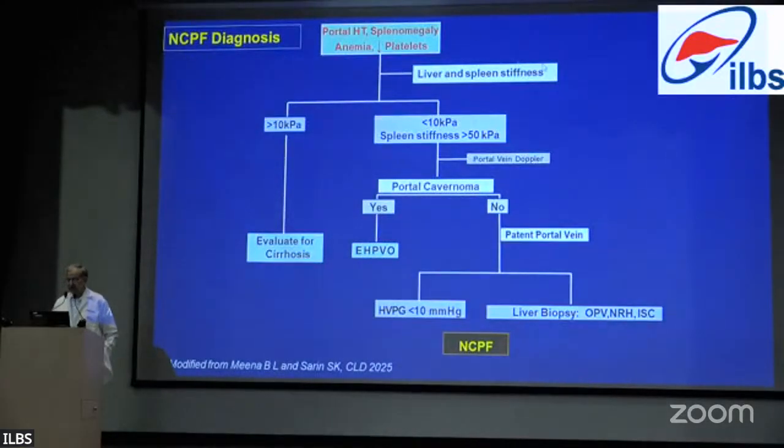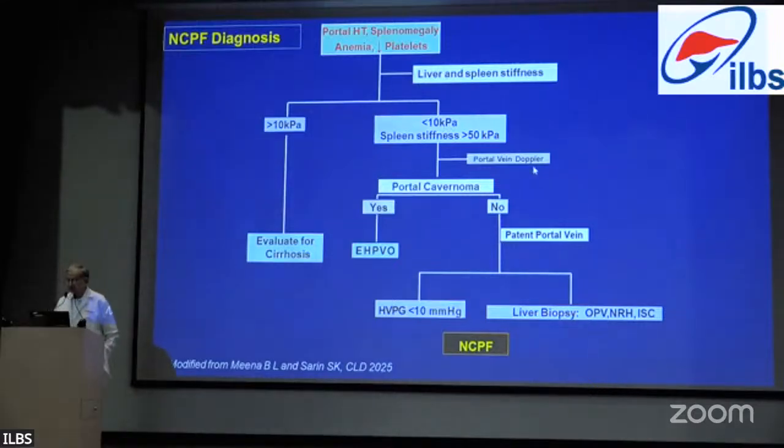How do you diagnose non-cirrhotic portal fibrosis? So a patient normally, not on biopsy, normally comes with portal hypertension, splenomegaly, anemia, and low platelets. So what you will do is liver stiffness today. If it is more than 10, you think it is liver fibrosis and maybe cirrhosis or advanced compensated chronic liver disease, and you evaluate. If it is less than 10, the 6 being normal, and spleen stiffness is high, which is normally up to 32, you think there may be a patient with non-cirrhotic portal fibrosis.